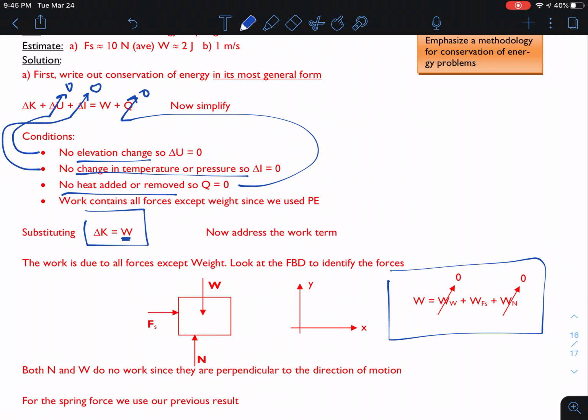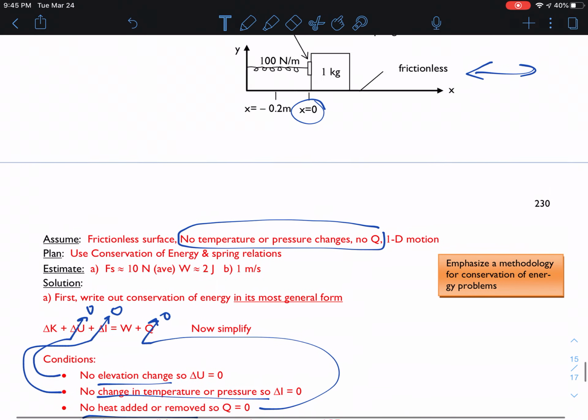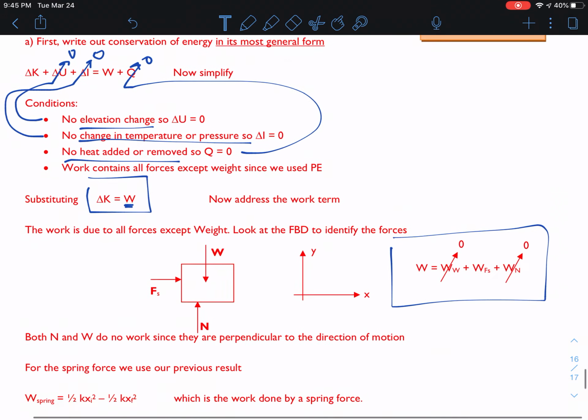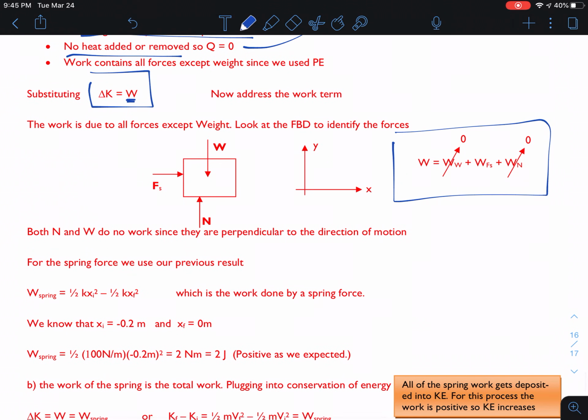Because of the displacement, right? So if we go back to the figure, we are compressing it and then letting it go. So the object is going to go to the right along the x direction. As I mentioned before, I usually show the displacement direction next to the free body diagram, just to give me an idea, because I'm thinking about